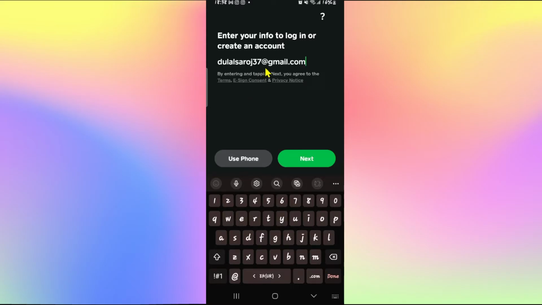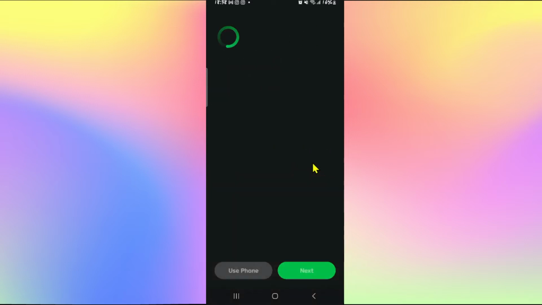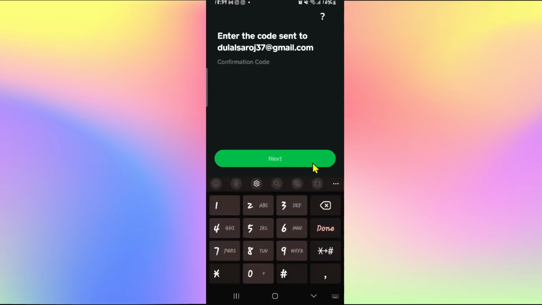Just type in the email address that you wish to use to sign up for your account, and then tap on the Next button. Once you tap on Next, you will be asked to enter the verification code that has just been sent to the email address you provided. So just check your inbox and you will find the verification code that you will need to enter within this box. Just enter this code from your inbox and then tap on the Next button,